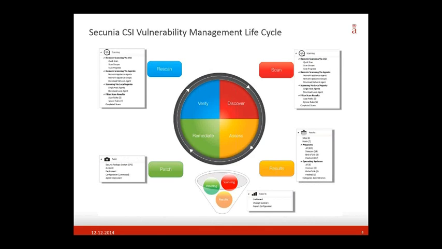We need to find out what's out there and actually discover our vulnerabilities. We do this within the CSI by scanning. We have various different scan methods, but our intention is to find out what you have, build up an inventory of your applications and then correlate it to our vulnerability research